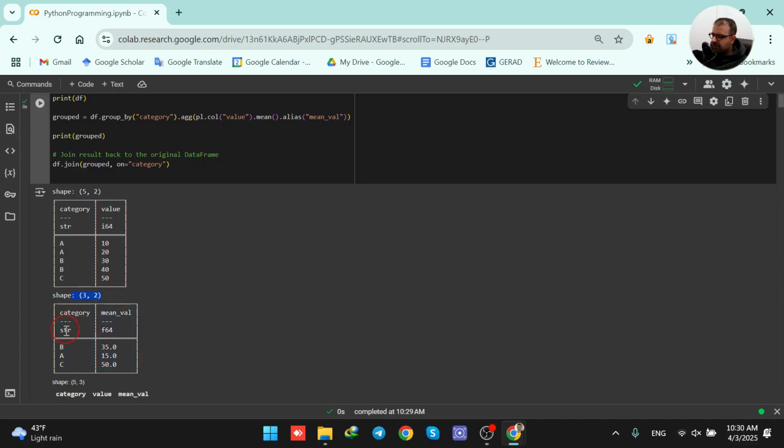We are having 3 rows and 2 columns. So row 1, row 2, and row 3, and 2 columns, column 1 and column 2. So here we see that we are having A, and a new column that is called mean val is added. Exactly this column that we added using the alias function. And here for A, we see that number 15 is reported. How did we calculate this 15? So the reported values for A were 10 and 20. So the sum is 30 and their average is 15,